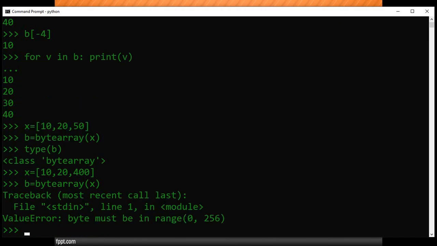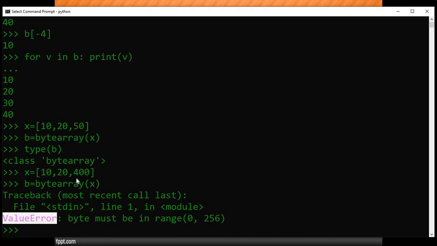Okay, so we get an error. See, ValueError. Byte must be in range of 0 to 256. That means here I'm using a 400.